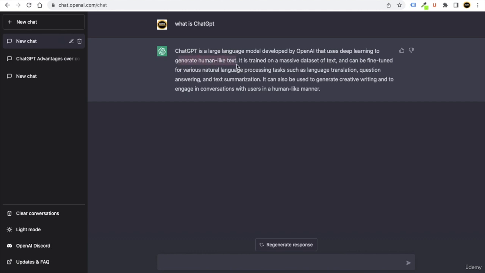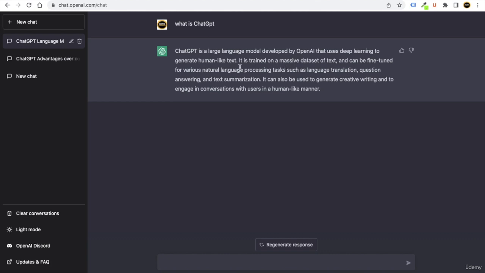It is trained on a massive data set of text and can be fine-tuned for various natural language processing tasks such as language translation, question answering, and text summarization. It can also be used for creative writing and to engage in conversation with users in a human-like